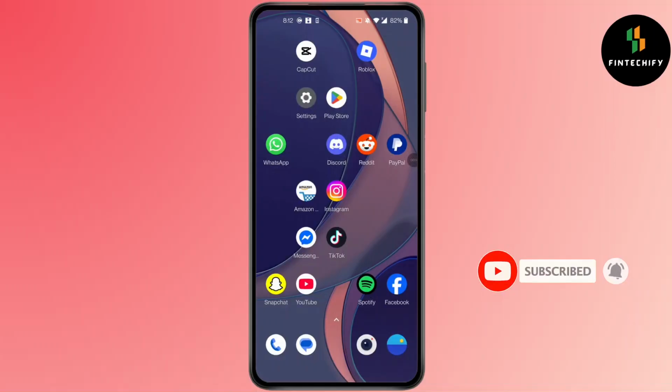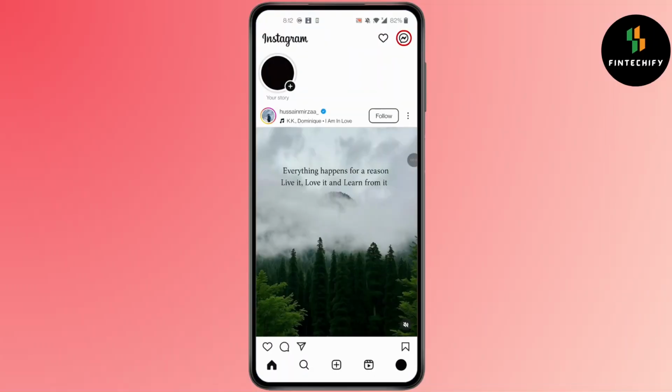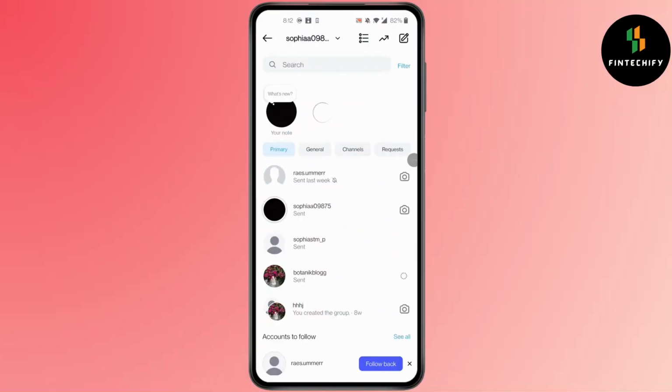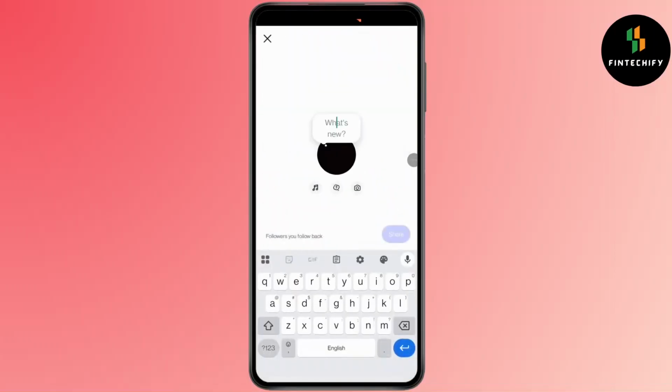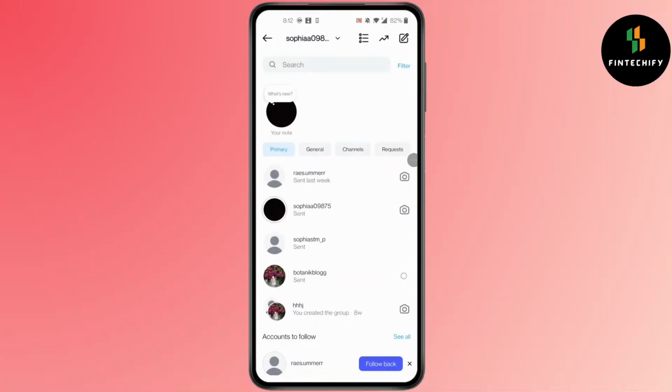First, open Instagram. Simply click on the message icon at the top right, and here you will find your note. You can add your note from here, but if this is not showing up, what you can do is open